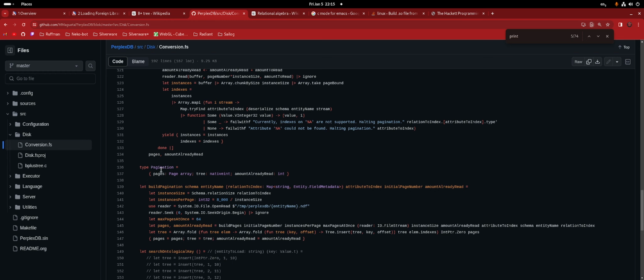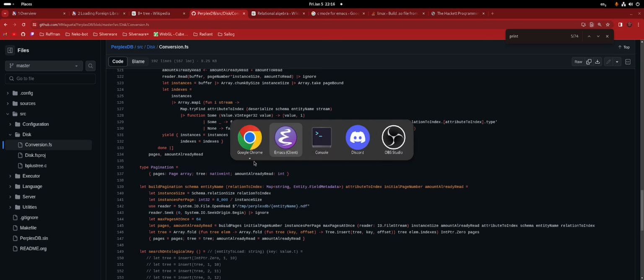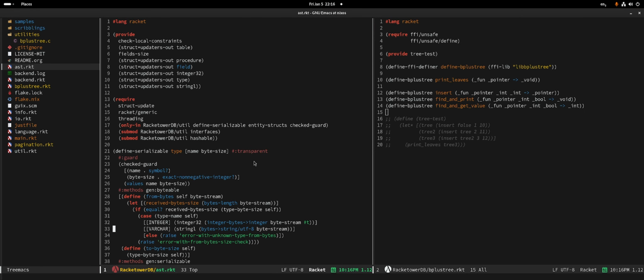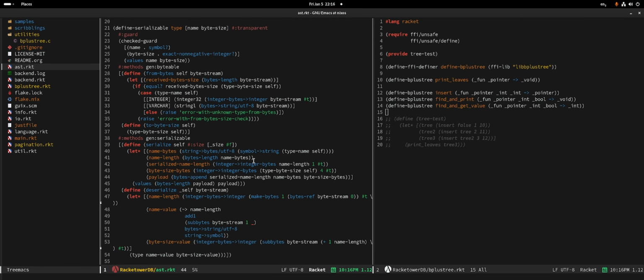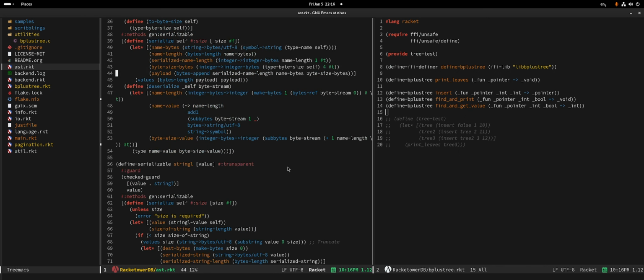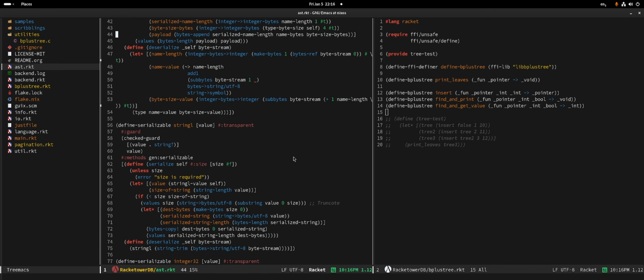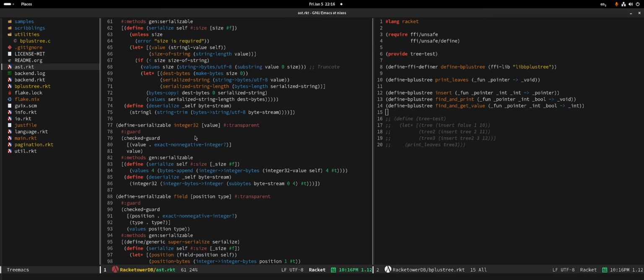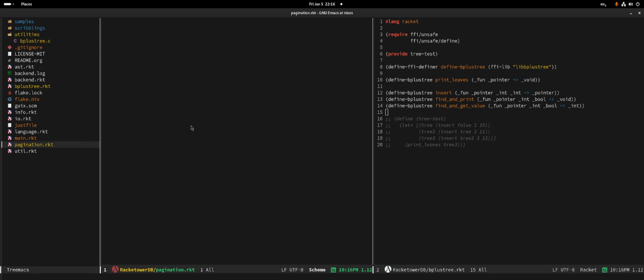I'm inclined to call this pages or something like that, because pagination doesn't sound right. Maybe I mean pager. Oh man, we don't have to serialize this. We're not gonna use define-deserializable for the first time ever. That's very interesting.